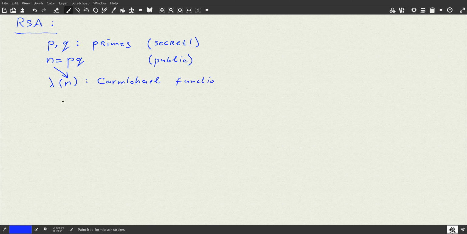Carmichael function, what is it? Lambda of n is the minimum m, where m is from 1 to n minus 1, such that